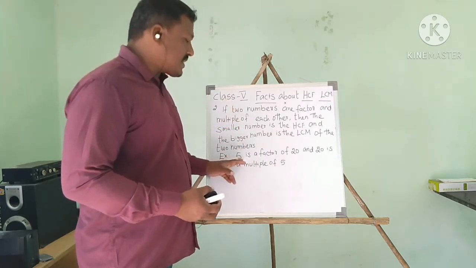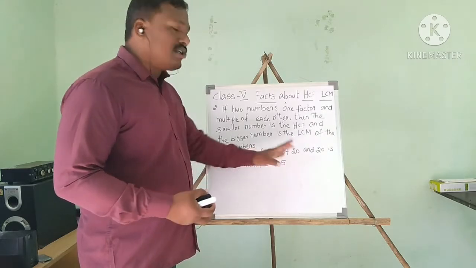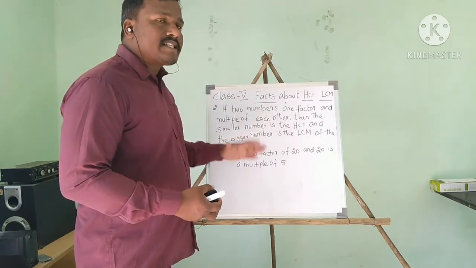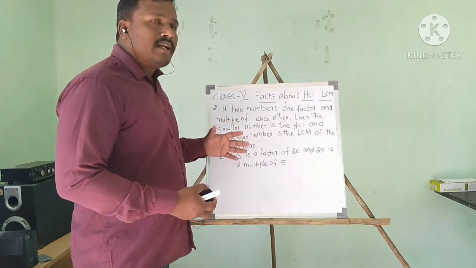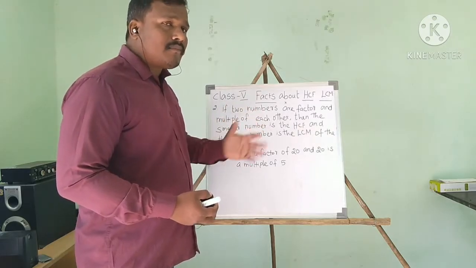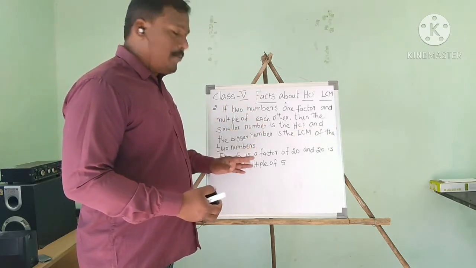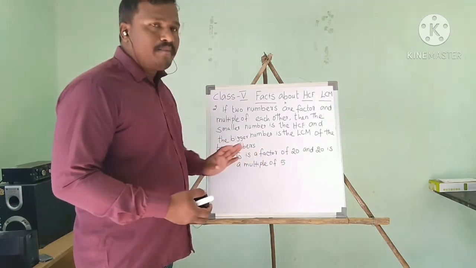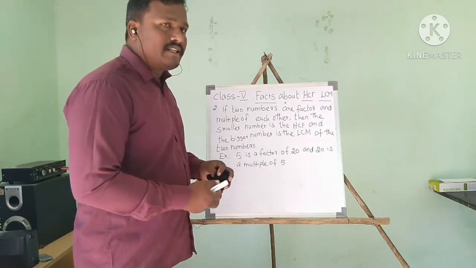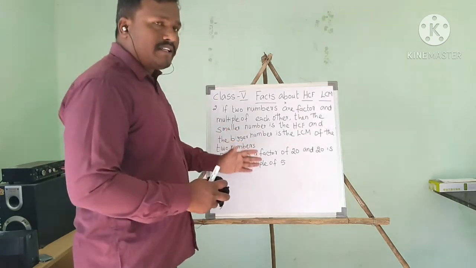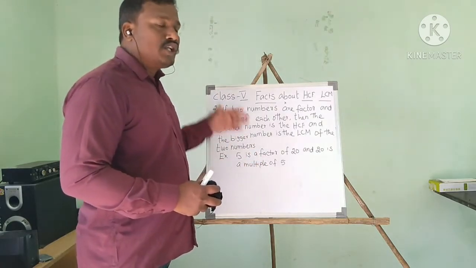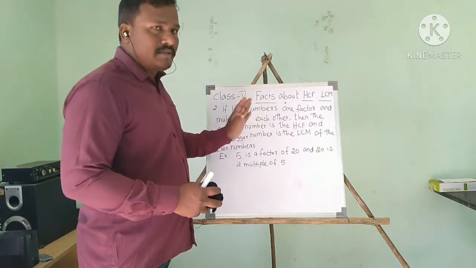If this kind of numbers comes in your examination, 5 and 20, find their LCM and HCF of 5 and 20. If this kind of questions will come, you don't need to do the normal calculation. You can find easily: 5 is the HCF, 20 is the LCM. How? I will tell you the normal, basic method. We can use that method, but without that basic calculation, you can find it easily using these rules and facts.